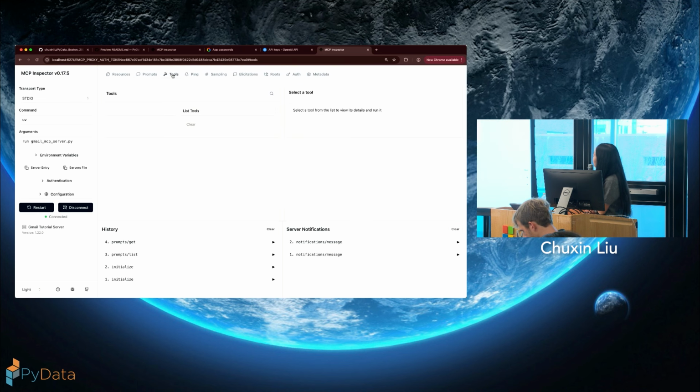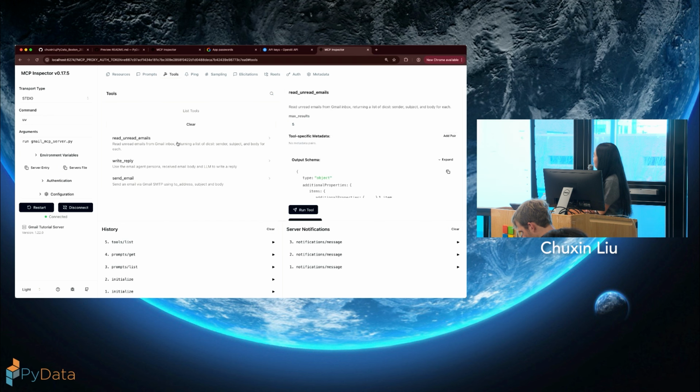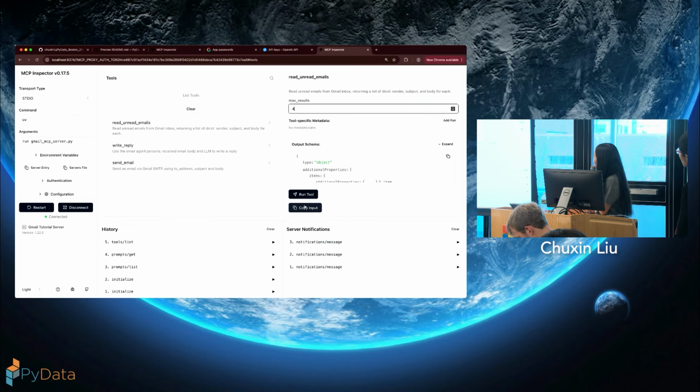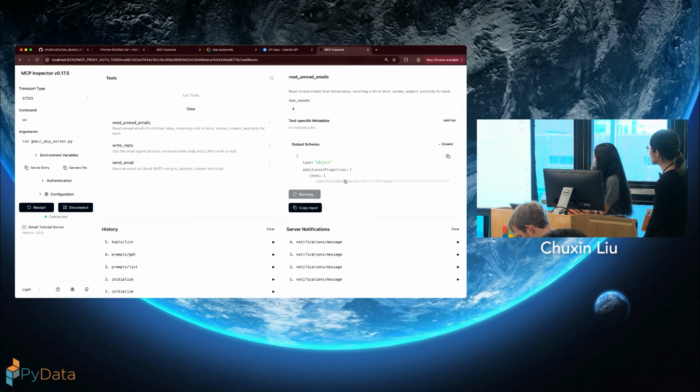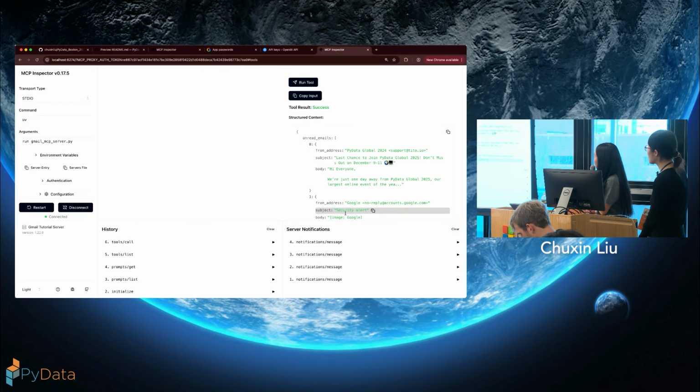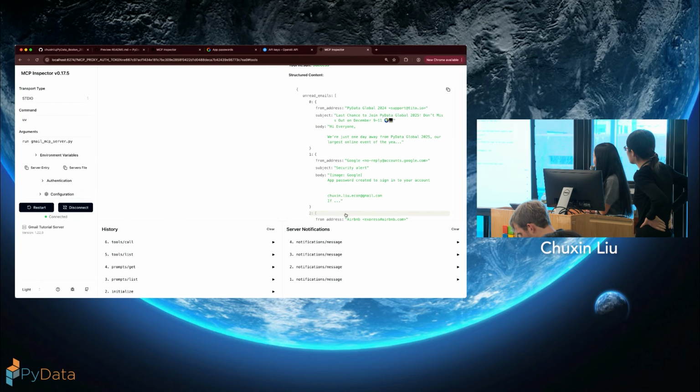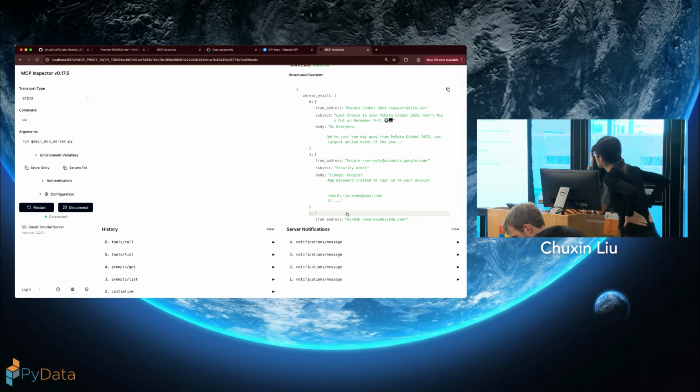Okay, let's take a look at the tools. So now if you list your tools, the first will be get unread emails. So let's say if you scroll down here and run the tool, there you go, you will read your emails. So these are my emails.